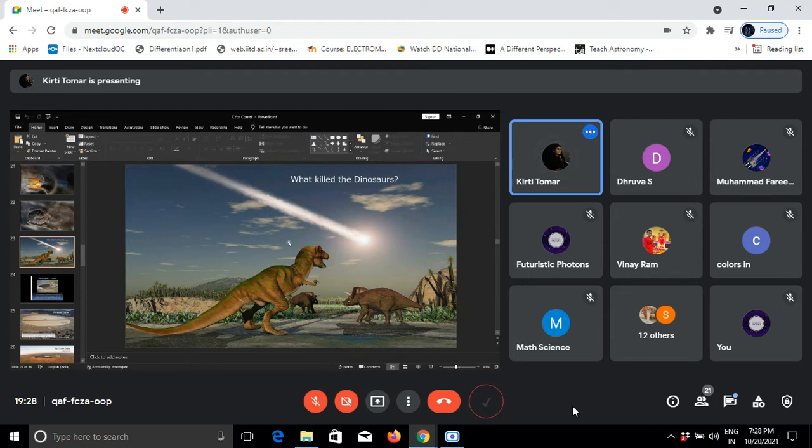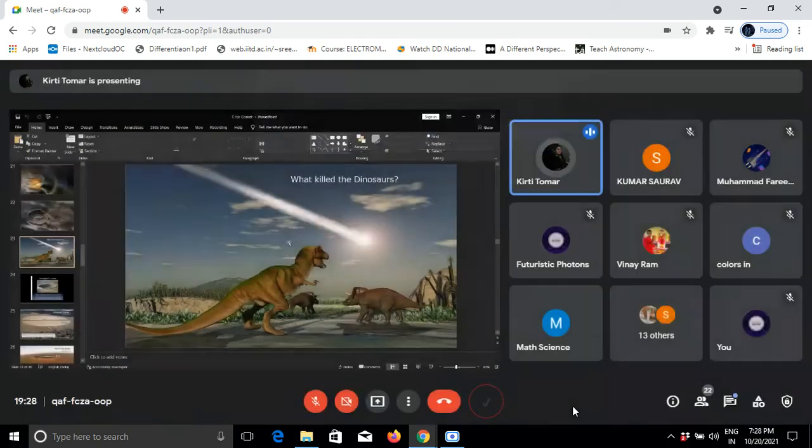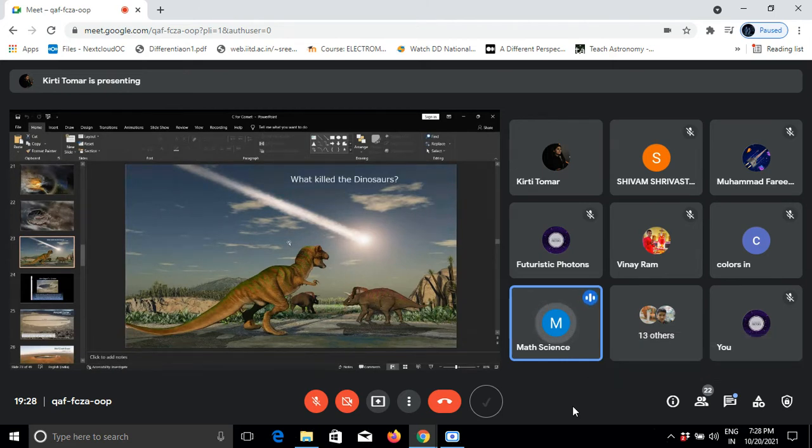Anyone? Can you repeat again? What killed the dinosaurs? Probably asteroids. Probably the most accepted theory is an asteroid hitting the Earth, with a diameter of 11 kilometers to 88 kilometers.